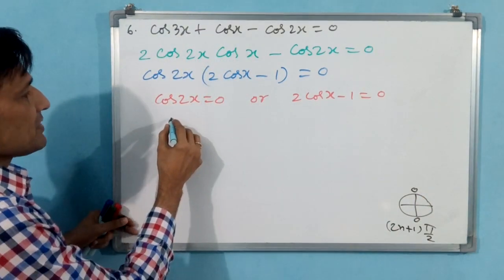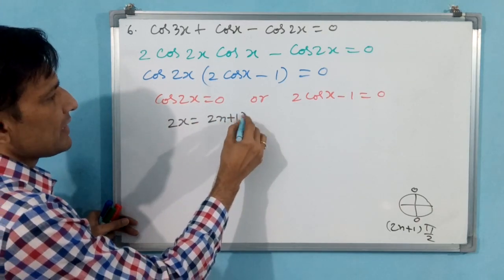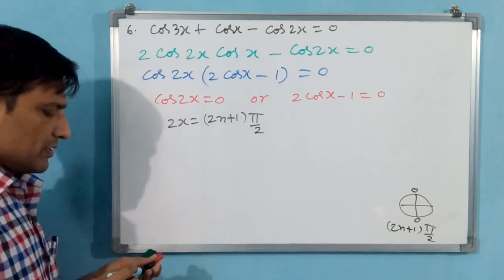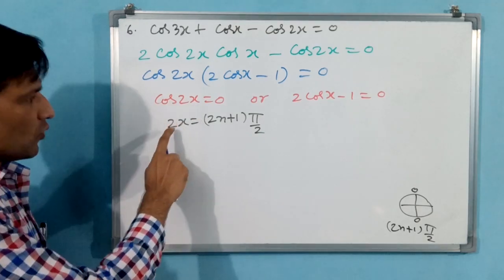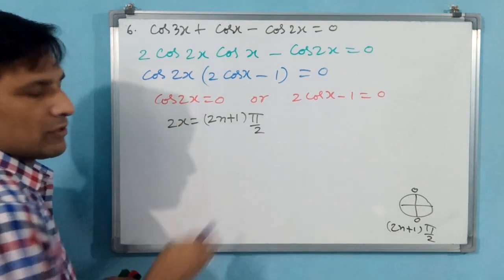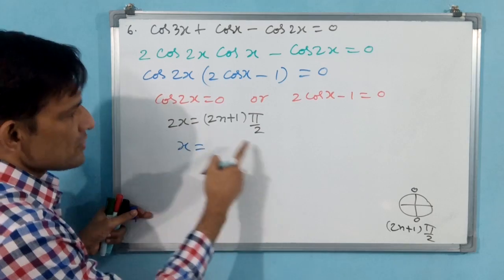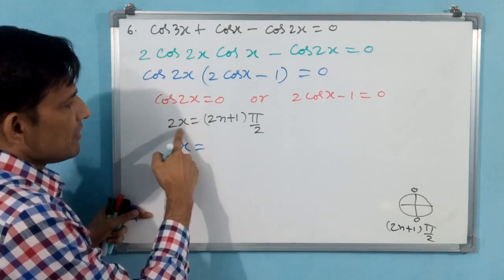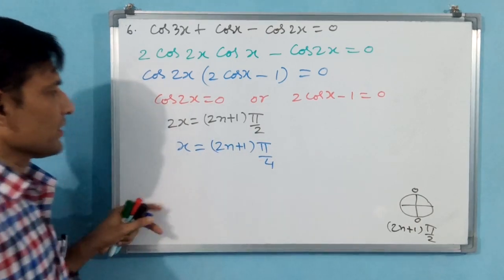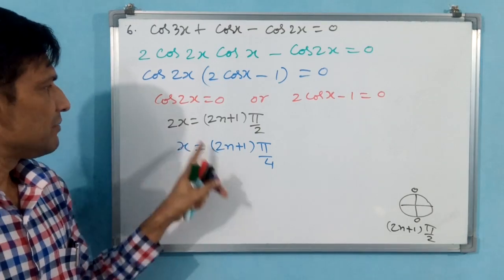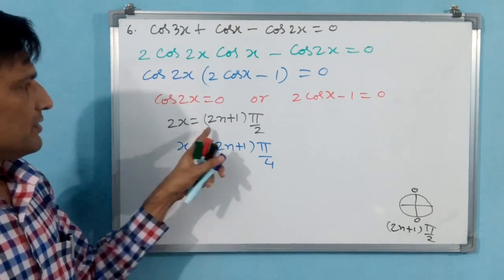Same thing you write. That means here, see, here not x, 2x is equal to 2n plus 1 pi by 2. Is it correct? Definitely correct. Why? Because here x has not come. Here x is 2x. 2x is equal to 2n plus 1 pi by 2. Okay. Now again you convert x. Why? Because finally you want for x. X is equal to, you see, 2 is here multiplication, going to divide, 2n plus 1 pi by 4. Is it correct? Why? Because 2x is this much, x will be this much. 2 is going to divide this entire expression.